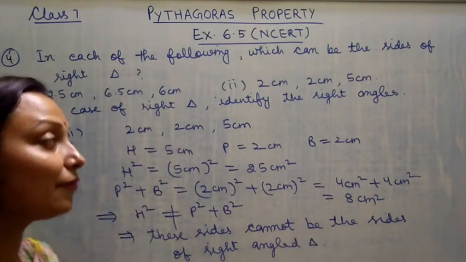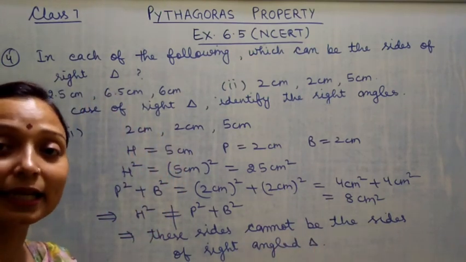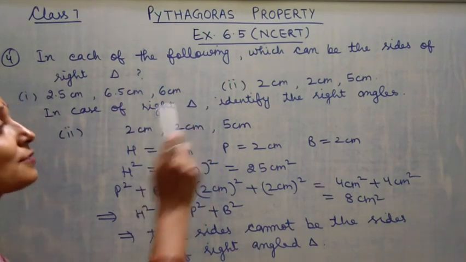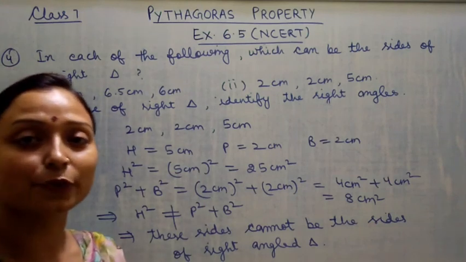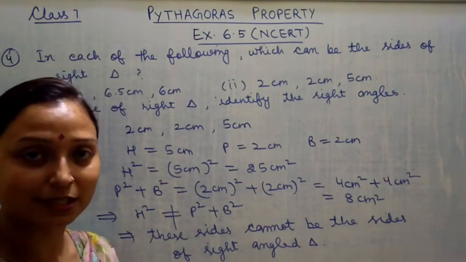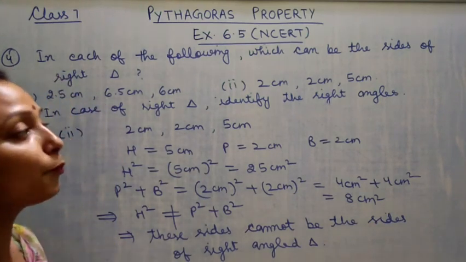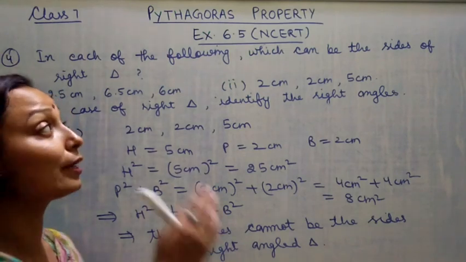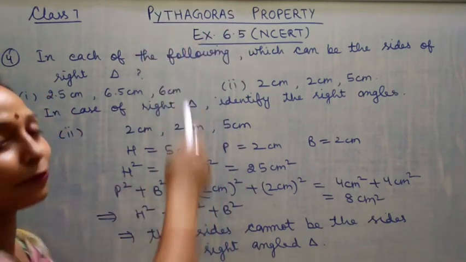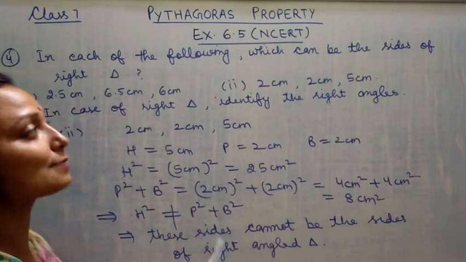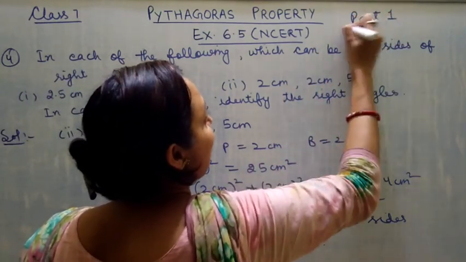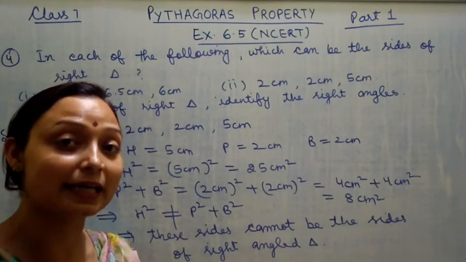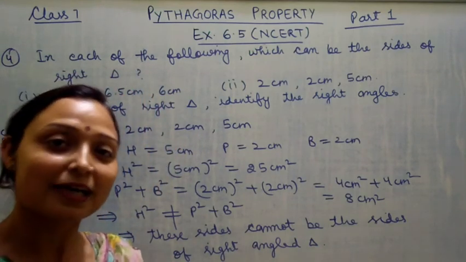Okay, so this is the way to find whether it is a right angle triangle or not. There is one more part of this question, do that question. Do the practice of these 4 questions and do more and more questions like this to understand the Pythagoras property. Okay, and this is my first lecture. In the first lecture of this exercise, I will deliver the second lecture in my next video. Thank you.